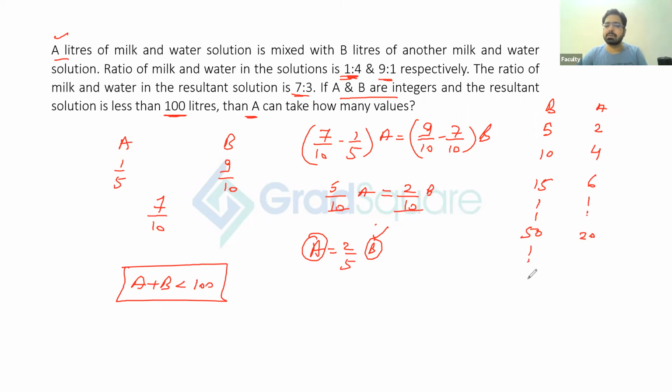Let's experiment with this a little bit more. If I go up to 70, what will happen? If I go up to 70, this is going to be equal to 14, and this will make it 14 into 2, 28. Now 70 plus 28 is going to be equal to what? 98. Right? Anything beyond this is going to cross my value of 100. So you are looking at the values of A from 2 to 28 and only even numbers. So that's going to be 14 even numbers because this is going to be 2 into 14, and right from 2 into 1, everything is present. So 14 are the number of values that A can take in this question.